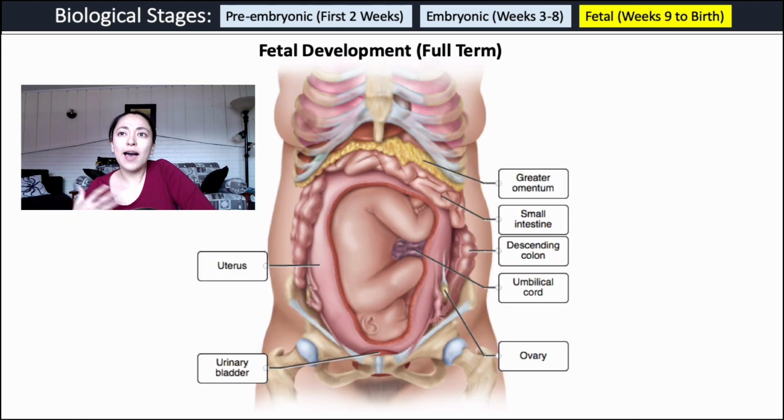So now let's look at what's happening inside the mother whenever the fetus has reached full term, so at 38 weeks after fertilization. So here you can see there's just not much room left for that fetus to grow anymore. The uterus has expanded as much as it can. Here you can actually see the ovaries dangling off the sides of the uterus from these ligaments. You can see that the small intestines are completely squished, and also the bladder down here is being completely squished